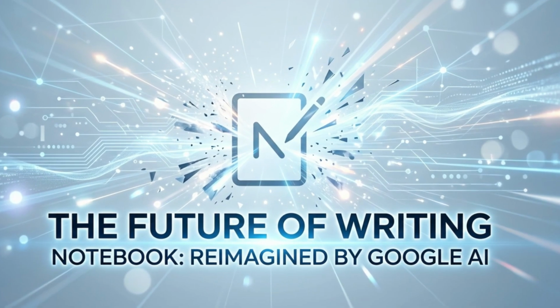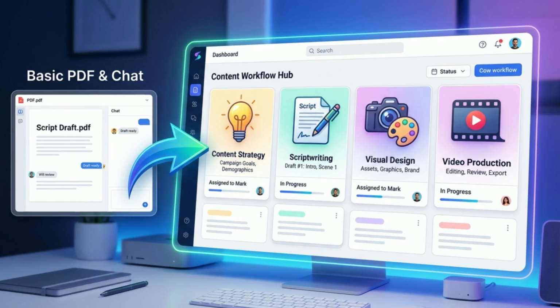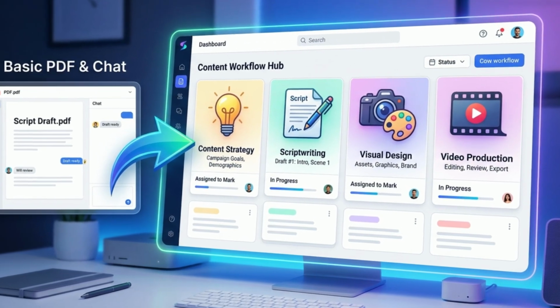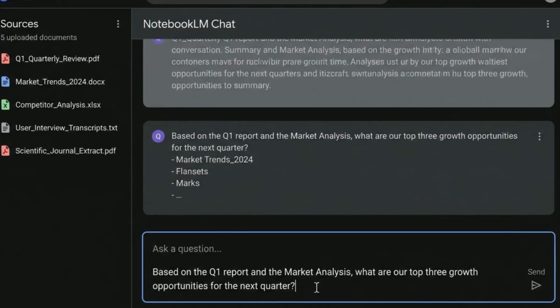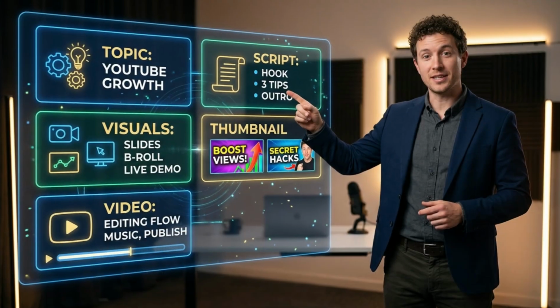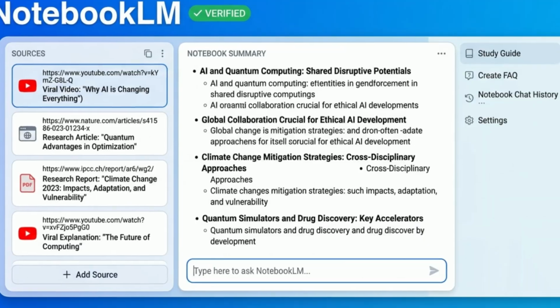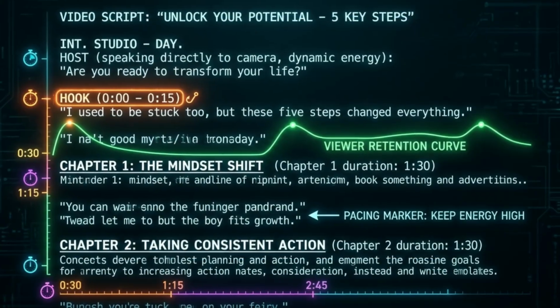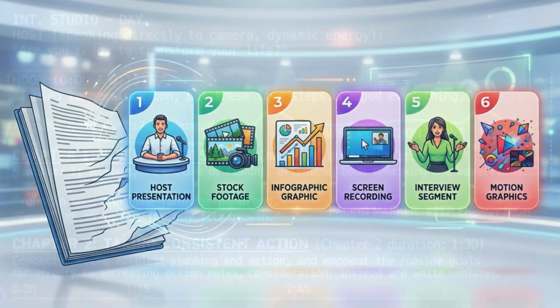Google's NotebookLM just received a massive upgrade. It is no longer just a simple research assistant where you upload a PDF and ask questions. With its latest updates, NotebookLM can now act as your full channel strategist. It can find viral topics, write perfectly paced scripts, build scene-by-scene visual plans, and even generate finished video overviews straight